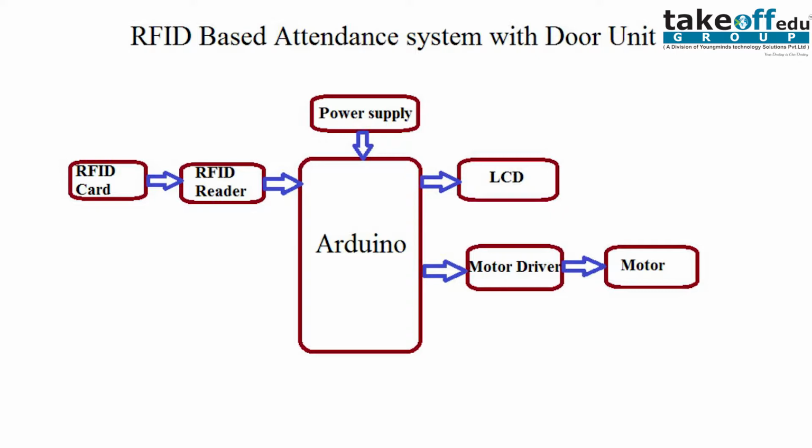The controller will check continuously if any data is received, and it compares the data with the database. If the tag is authenticated, it will take the attendance and send the information to the LCD display to display the messages, and also sends a command to the motor driver to run the DC motor. The door will be opened, and the door will be closed after the entry of the student into the premises.